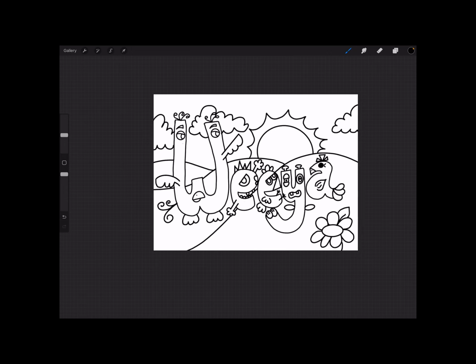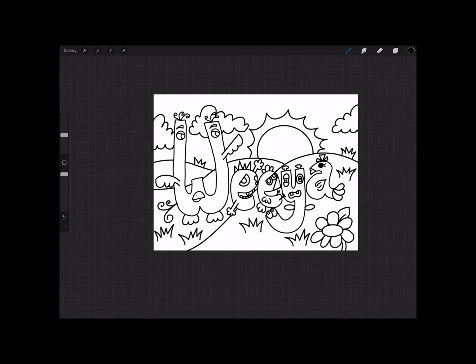Maybe add a stem down here going off the page. I'm going to add blades of grass. Maybe get a little bit up here. And some right here. Just for fun. Okay,